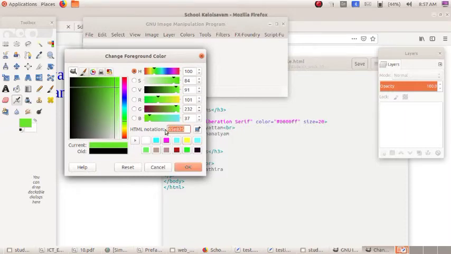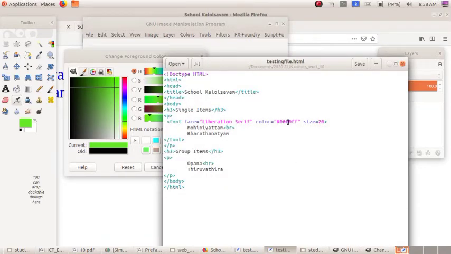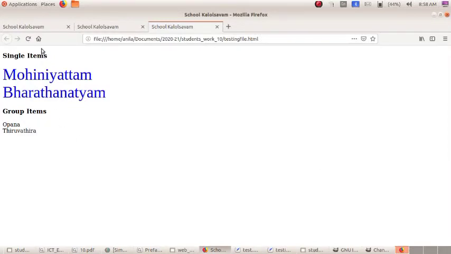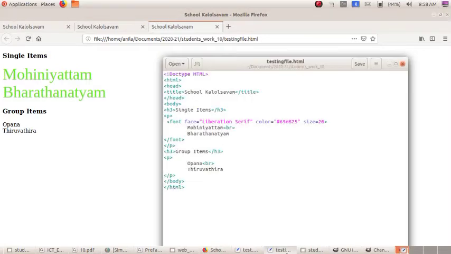If you want this blue color, copy it with Ctrl+C and go to your file, testing file. Here change it to that color, then save. Refresh it. See, the color has changed. Did you get the idea about the color codes? What happens if I change all 6 values to F?